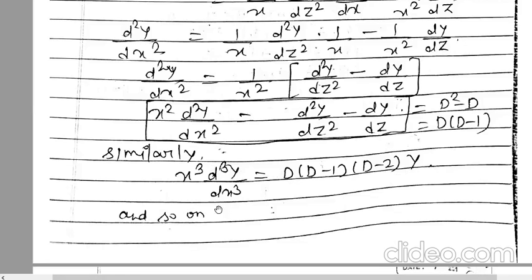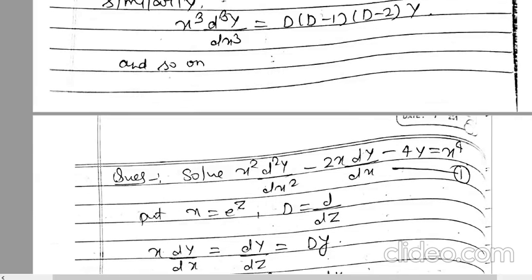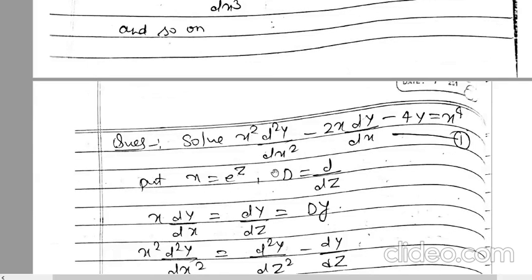That means when you find d3y upon dx3, you will differentiate this equation again, then you will get this equation. Just remember, similarly and so on, you can follow the same process. D minus 1, d minus 2, d minus 3 for the fourth order. Most probably second or third order can be asked. No further order will come. There is an example here, so you will better understand by the example.